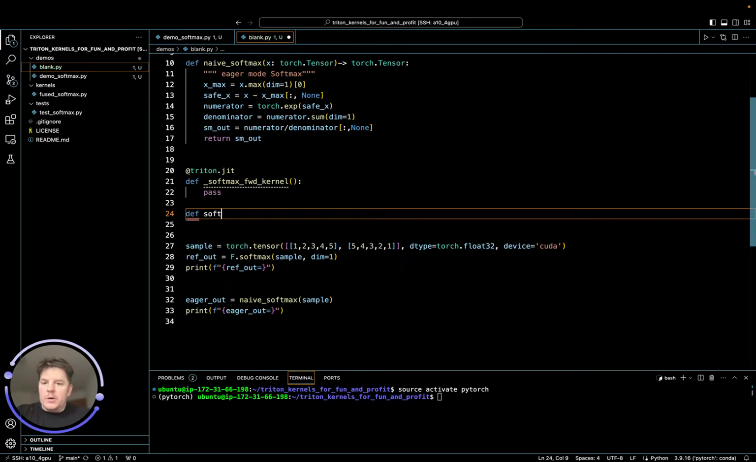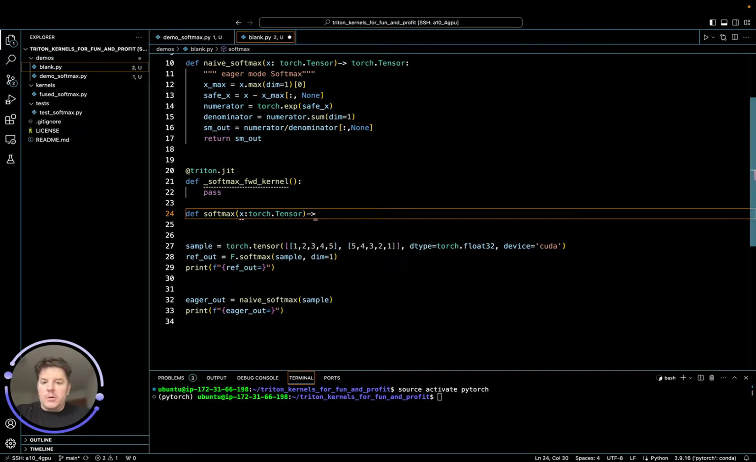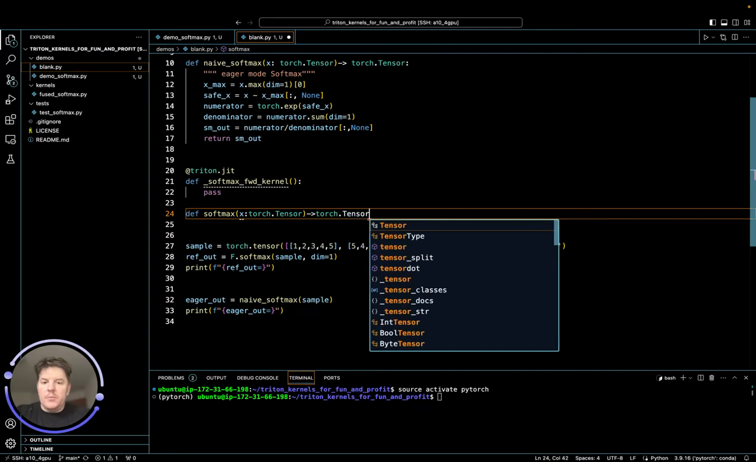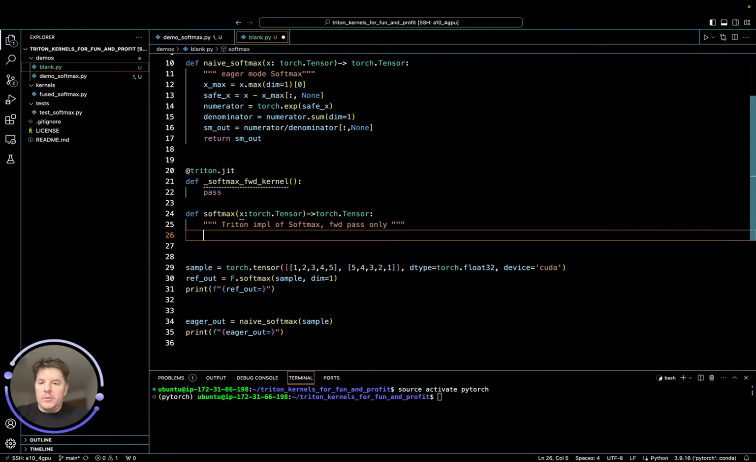And then here's our actual Softmax implementation. Just like the naive version, it's going to take a single tensor input, return a torch.tensor output, with a quick docstring: Triton impl of Softmax, forward pass only. I do have the full Softmax forward and backward and also multi-dimensional tensor handling in the repo if you want to take a look at that, and maybe I'll make a video on that later, but for now we're focusing on effectively an inference kernel here,